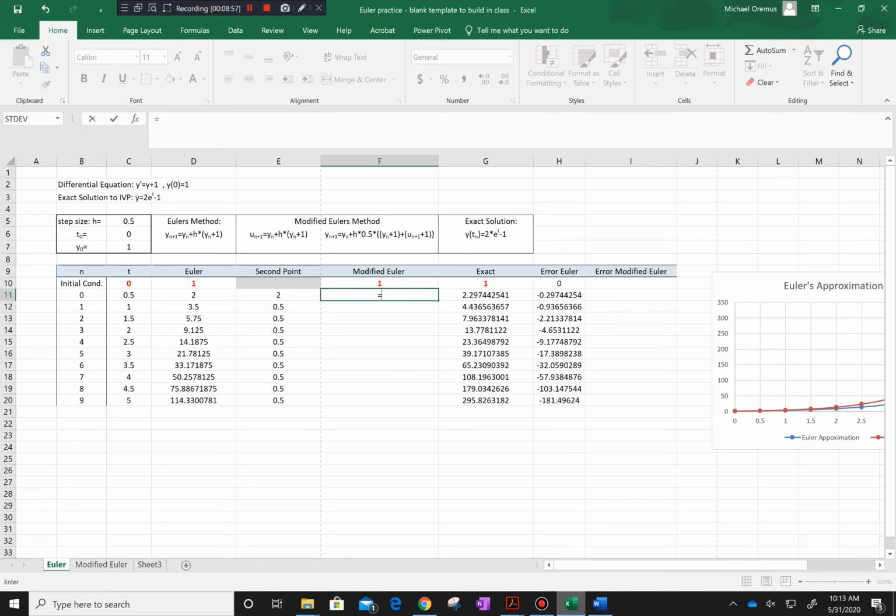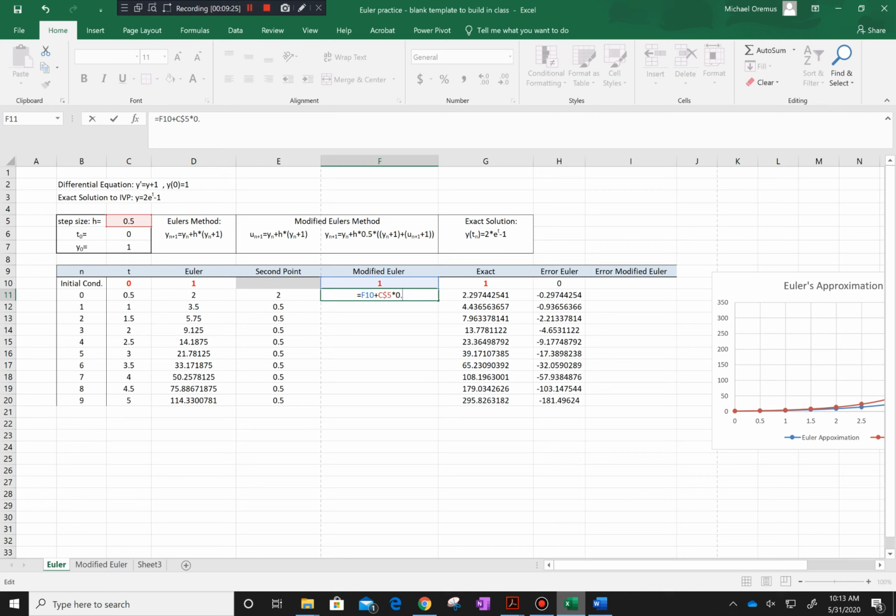And if n is 0, we're calculating y sub 1 in our formula. And we're going to be using y0, which is going to be our initial condition that was in the previous row, plus our step size h, which was in cell C5. Again, I want to make that cell locked by putting in the $ sign,